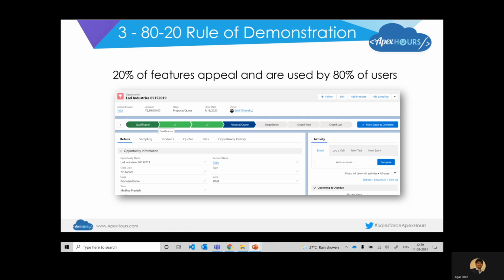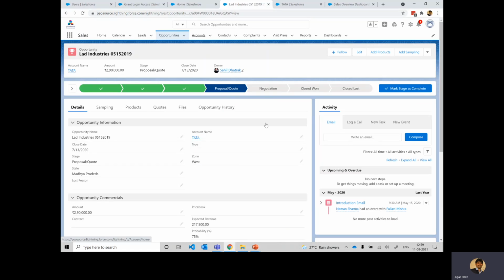Now, the reason I say it's 20% is that it helps you curtail time, showcase what is relevant, and align your demo in the context of the user. I often take this example where I'm looking at a Salesforce opportunity right here. It comprises multiple stages, right? If I am demonstrating an opportunity, I don't necessarily have to go through each stage.